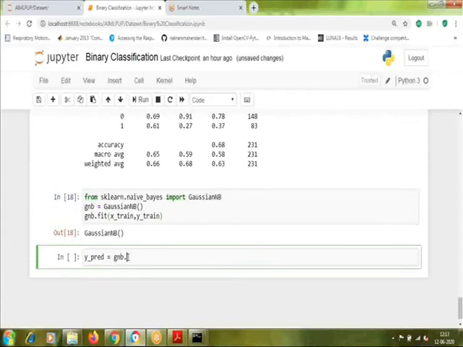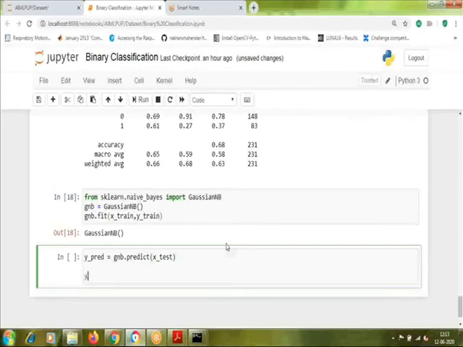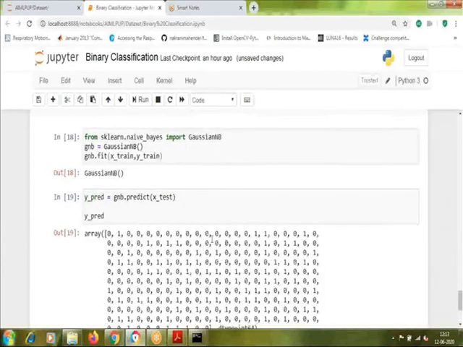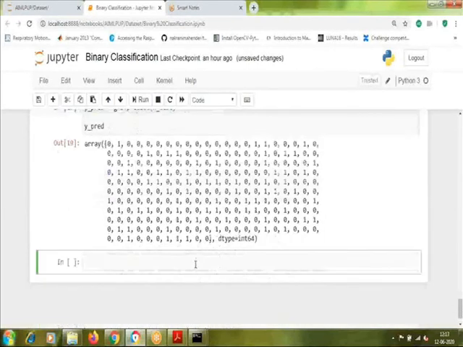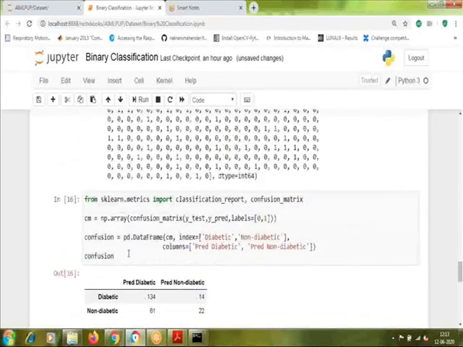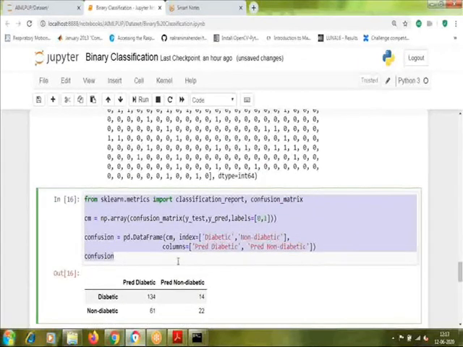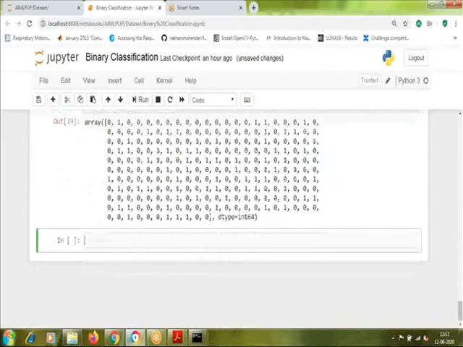Our model dot predict will predict the output from, sorry, X test only, the features of the test data set. And you can see the output here. Now again we are going to copy and paste the confusion matrix code to display the confusion matrix here.